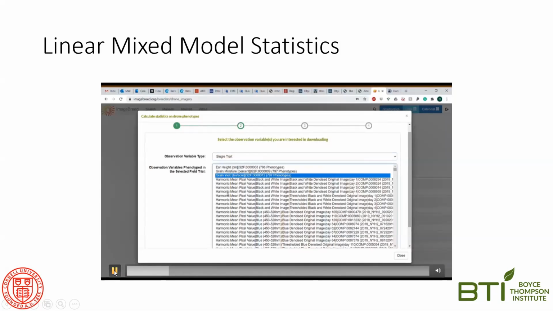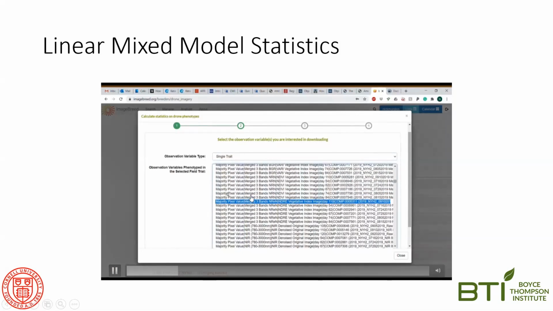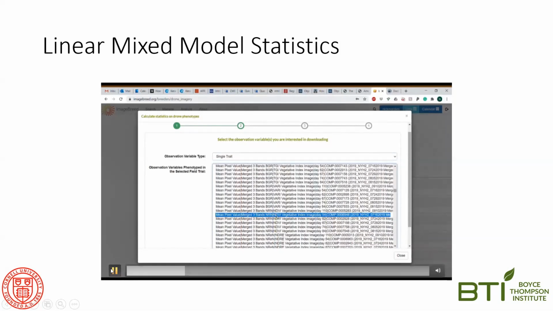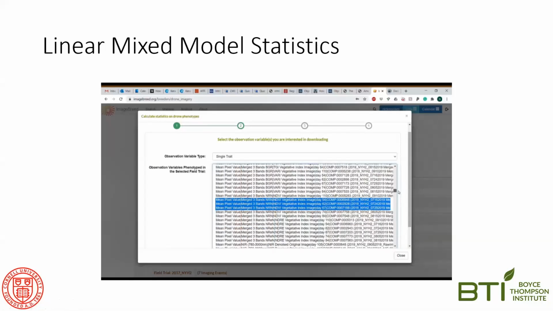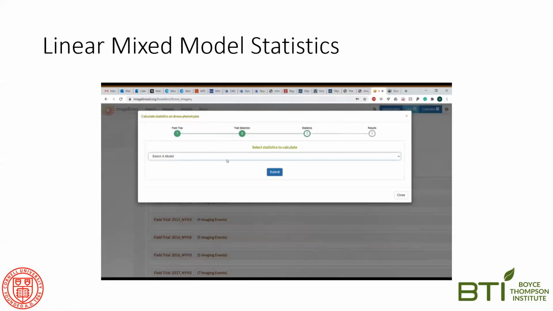So here, selecting grain yield, and then alongside, these are all the extracted zonal statistics that I was talking about before. So I'm going to select NDVI at 54 days after planting, 62 and 67, and grain yield. So selecting those traits for that field trial, and then